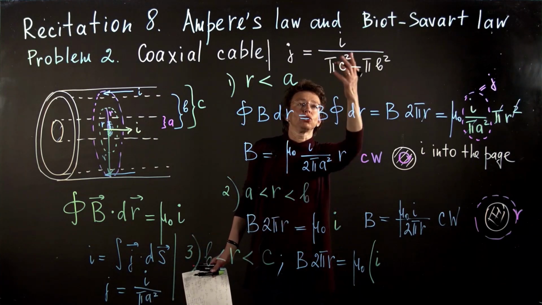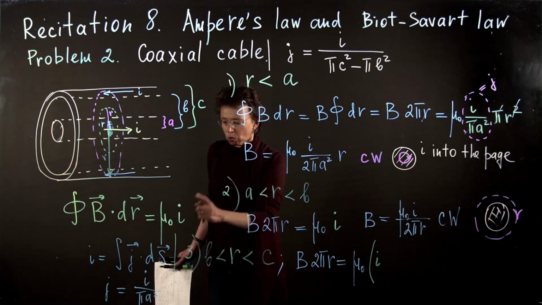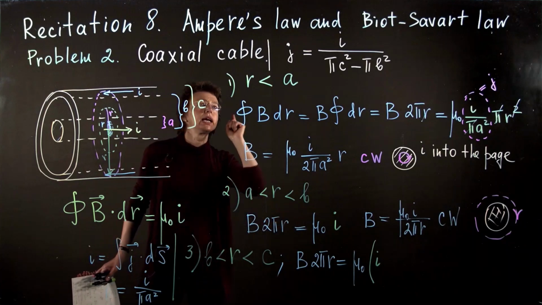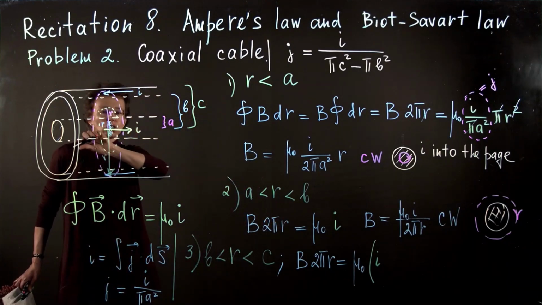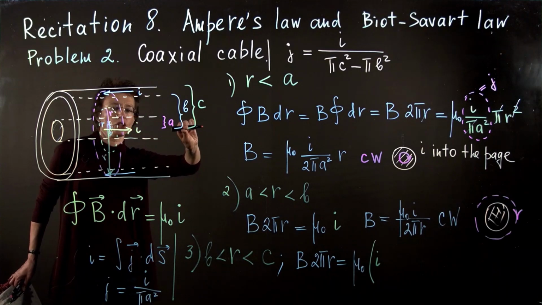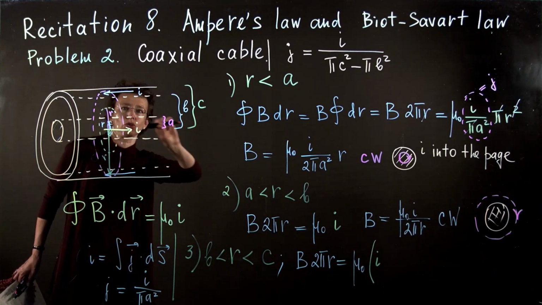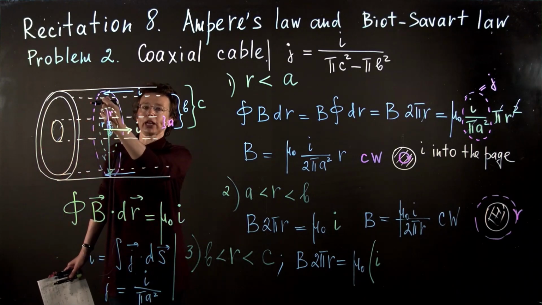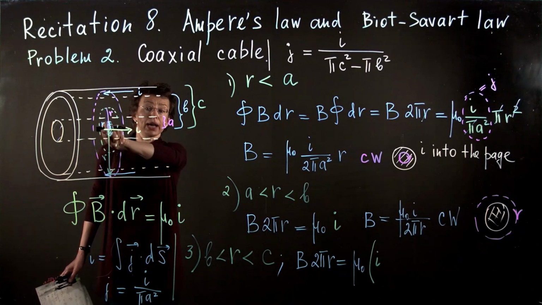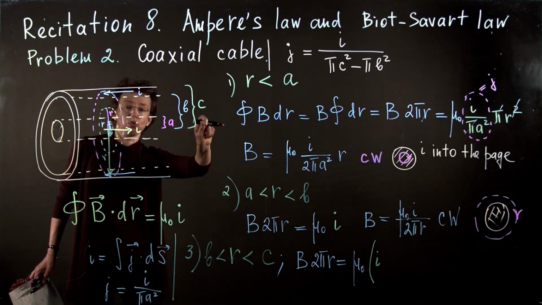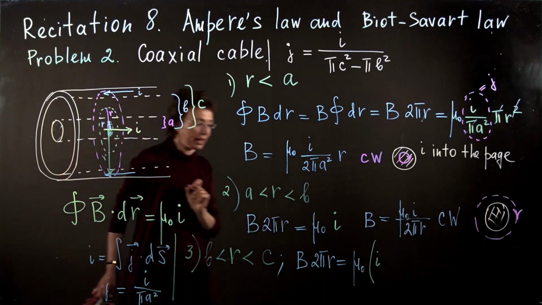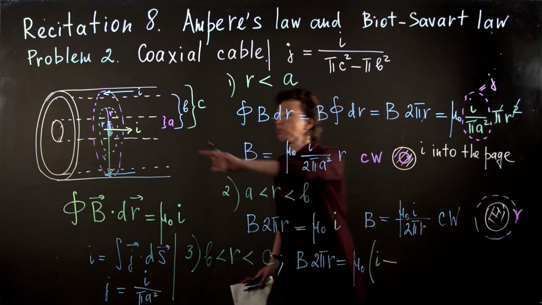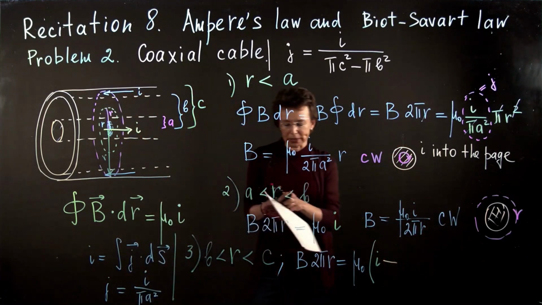Okay, so now I know current density and I can figure out what will be the current enclosed by this pink loop. But before we start writing it, let's figure out the sign. Look, current I is into the page, or to the right on this picture, and this current is to the left. So obviously they are in opposite direction. If I treat this direction as positive, then this direction will be negative. So I already put I with plus. Now I need to put minus for the portion of current that is flowing in the opposite direction.